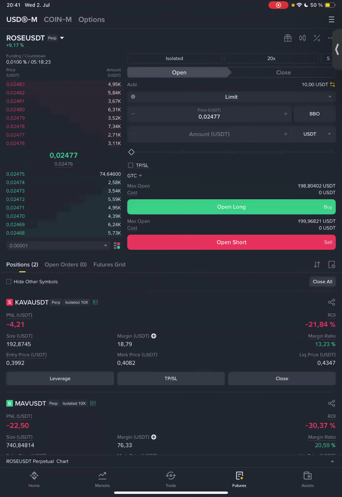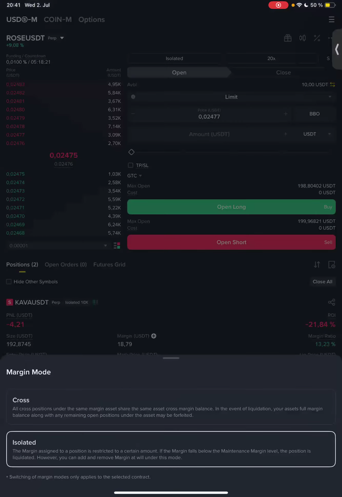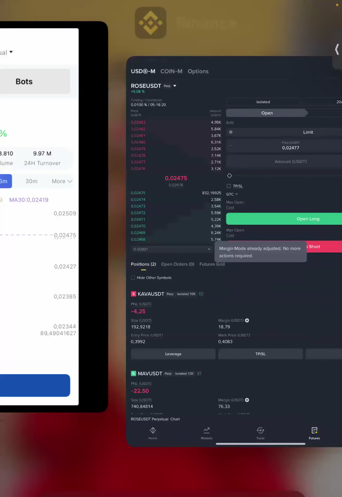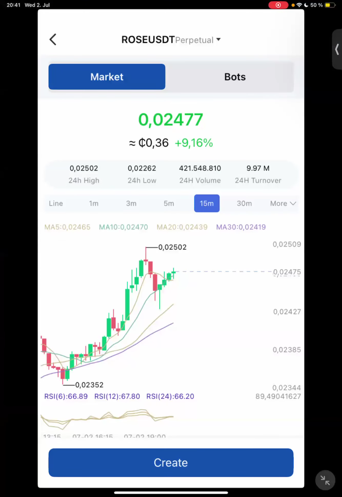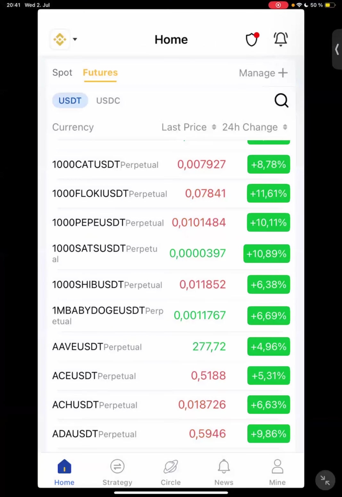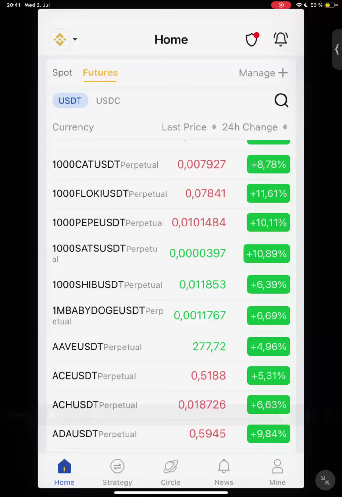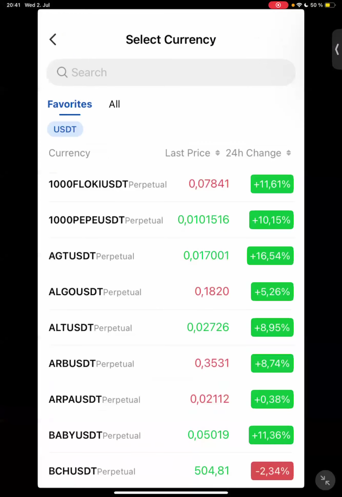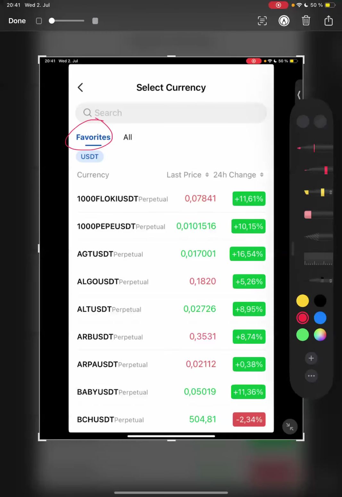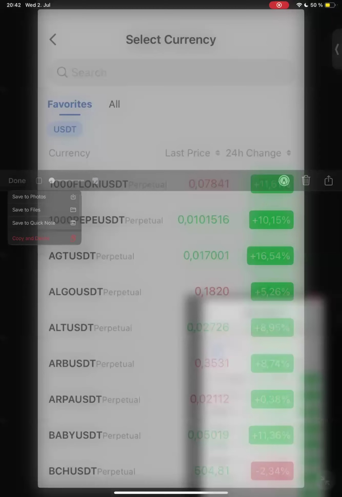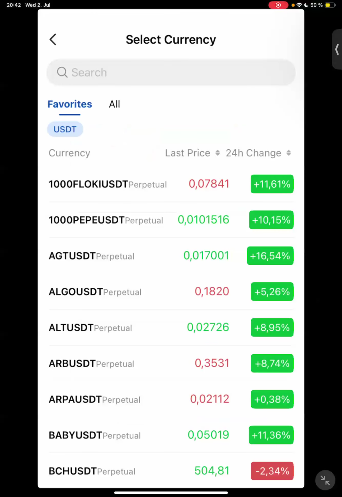Then I make sure it's on isolated. Then I switch to buy the RoyalQ, search for the name of the coin. Use the buttons. Don't struggle scanning through the coins. Use the search button. Get the name, search for it. If you don't find it under favorites, it means you have never traded it before. So you need to go to all. Then it will pop out. You click on it, create, do the first buying amount, change the leverage, save it